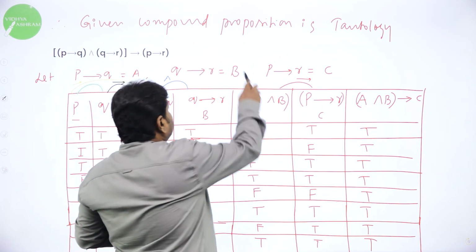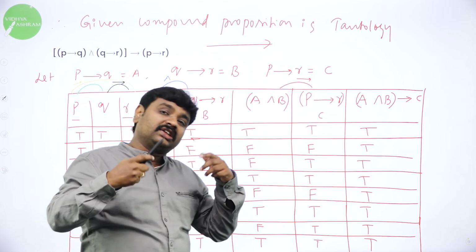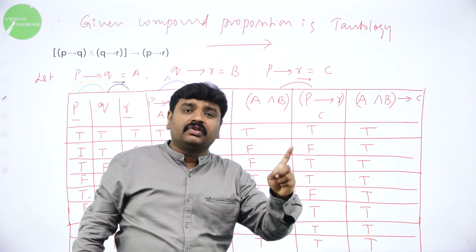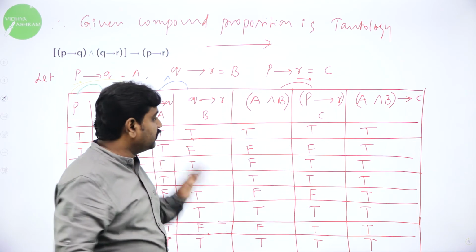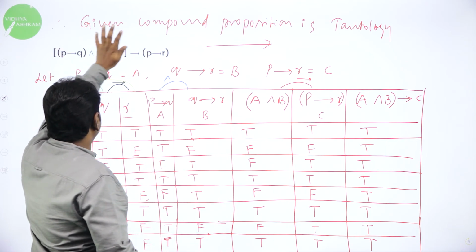Here we used conditional. What is the logic of conditional? First one true, second one false, result is false. Rest all other cases it is true. Then we used the logic called AND. What is the operation AND? If any one statement is false, result is false. And we constructed a big truth table and we called the components A, B, C.